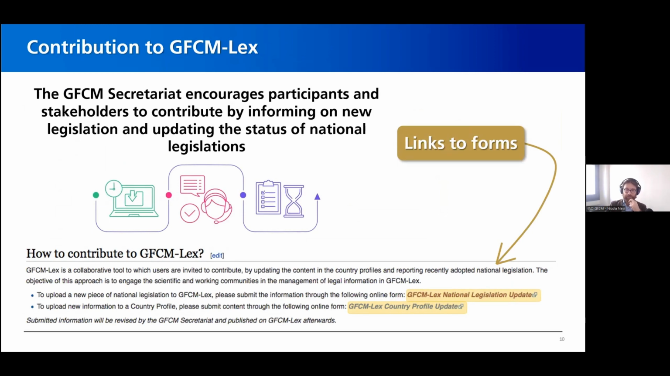It also indicates where the available links can be found in this section, shown by here. And this is a way for users to submit new information to update the country profiles. Now, information can be submitted in English or in any of the other national languages. And to wrap things up here in the context of GFCM Lex,